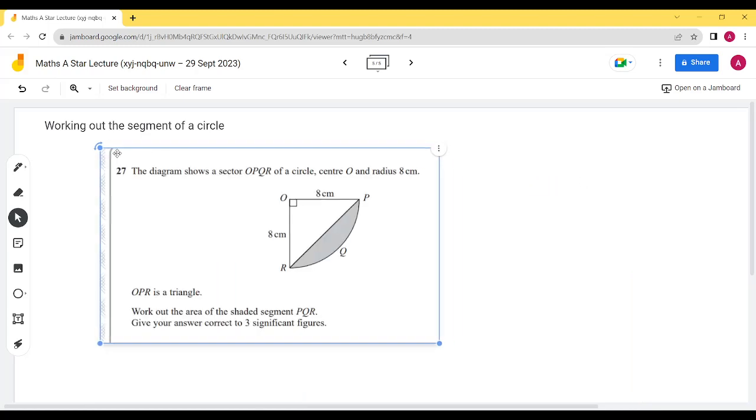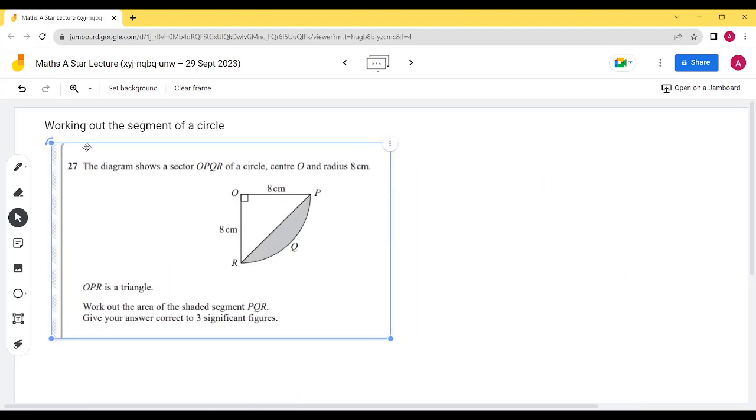The diagram shows a sector OPQR of a circle, center O and radius 8 centimeters. We are told OPR is a triangle, and we need to work out the area of the shaded segment PQR, and to give your answer correct to 3 significant figures. Okay, so if you see a question like this and you've not seen it before, it understandably looks extremely challenging. I think a lot of students who get to this stage in the exam sort of give up before they've started. But the way you work out the